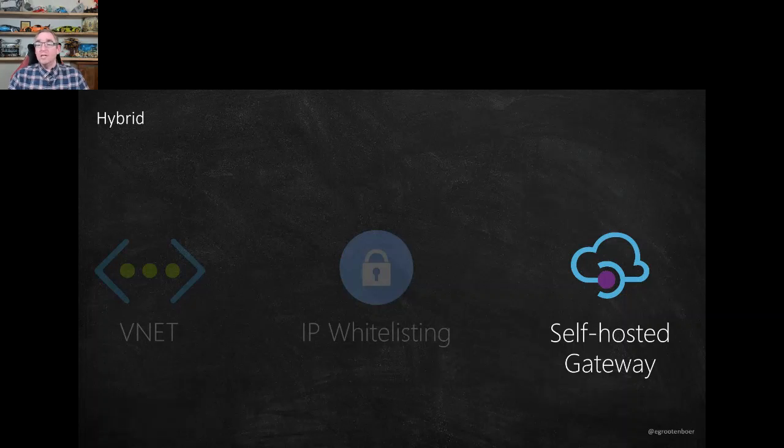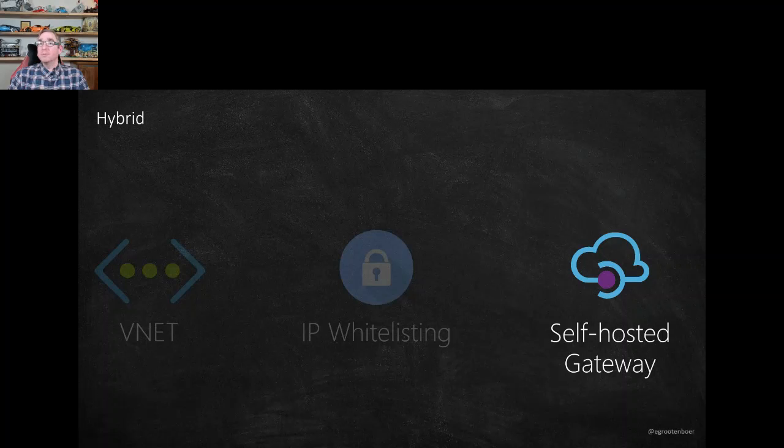So we use this quite a bit, not at house, but at another client, where they actually have quite a big on-premise landscape, and they don't want the data to go out to the internet to just come back in again. So they actually have one of these self-hosted gateways on premises. And so any service that wants to connect to another service on premises just connects to the on-premise self-hosted gateway of API management, and that way never goes out to the internet.